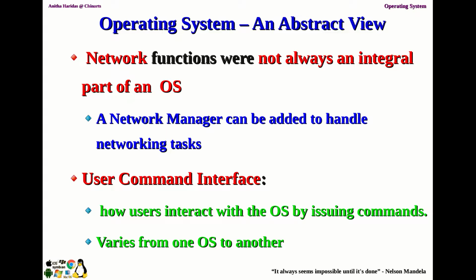So you might have come across your Linux operating system, which has the graphical user interface, and apart from that you also work with the terminal, right? In the terminal you have only the command line interface, whereas if you use the graphical user interface, you will see lots of icons. By clicking the icons, you initiate some task in the operating system, right? This is a very brief abstract view of the operating system.